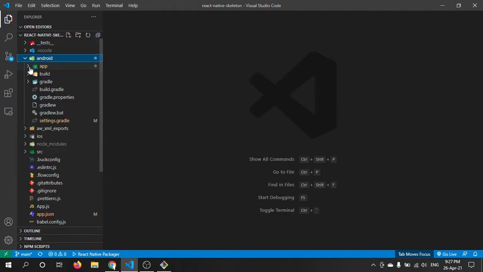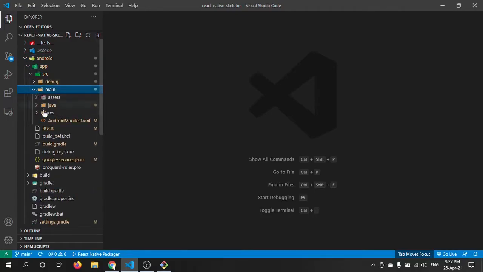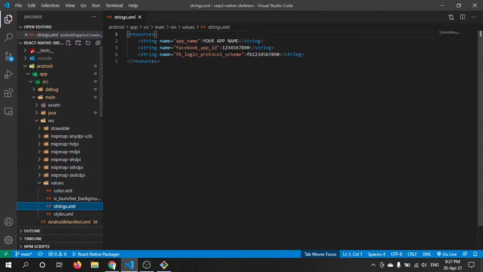For that, go into src, main, res, values, strings, and you can see there is a string with the name app_name. Here you can change that into your desired app name. I am calling this my superb app. It's totally up to you what name you use here.